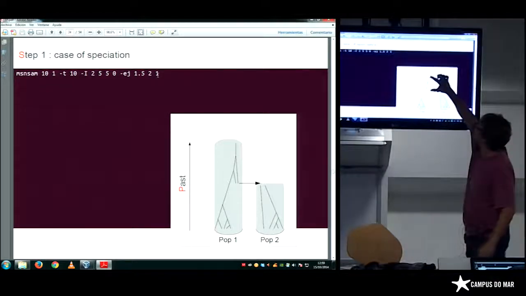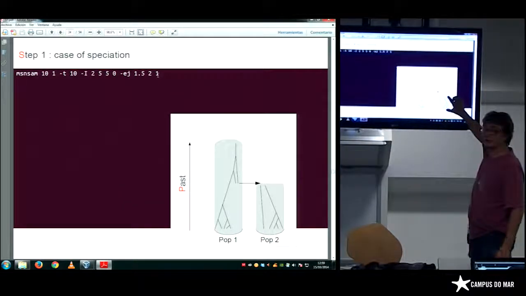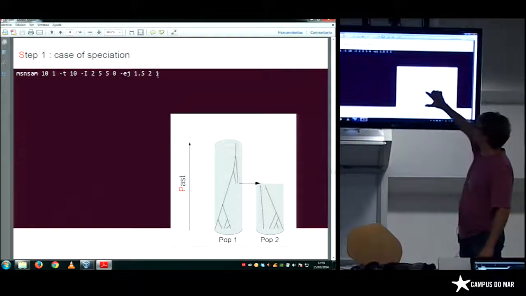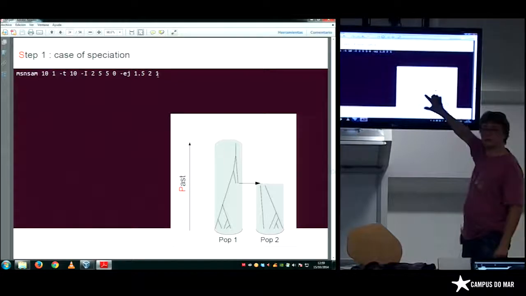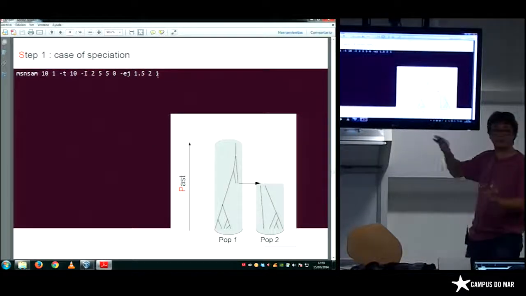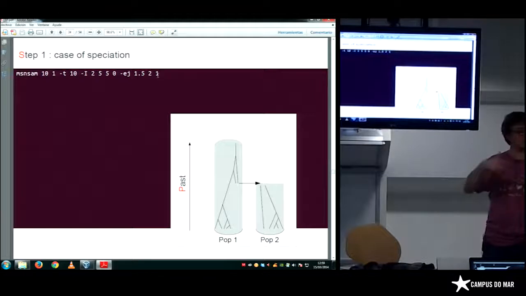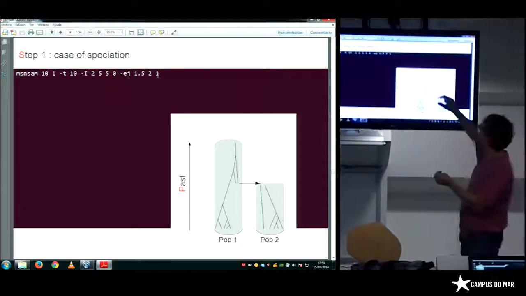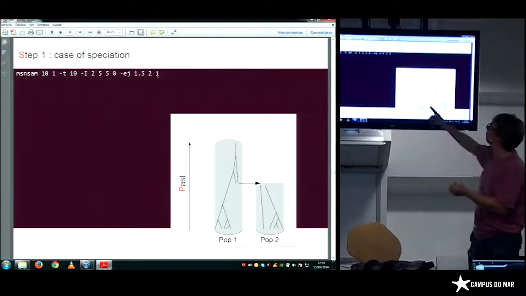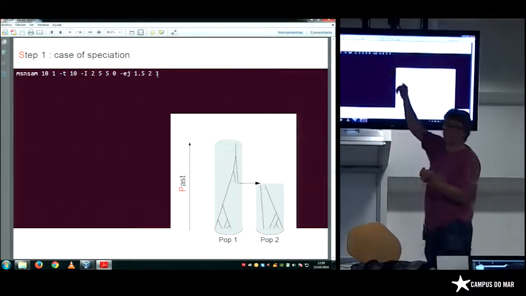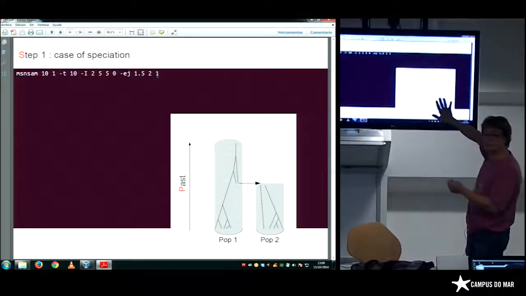So here it's population 1 that splits into population 2. It's important when you ask for different population sizes. For this simulation, it's not important because we do not modify the population size. So by default, it keeps the same population size. Okay? So if you put 1 first and 2 in the second place, you will have the reverse.